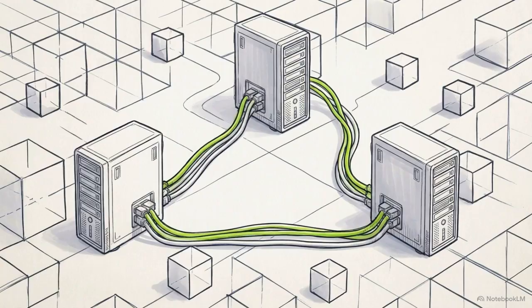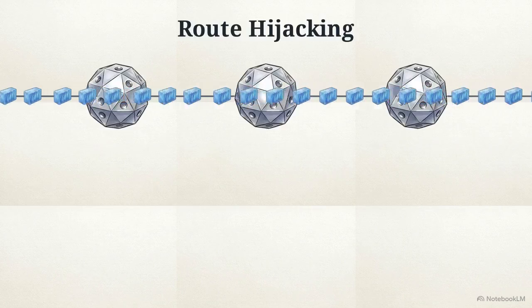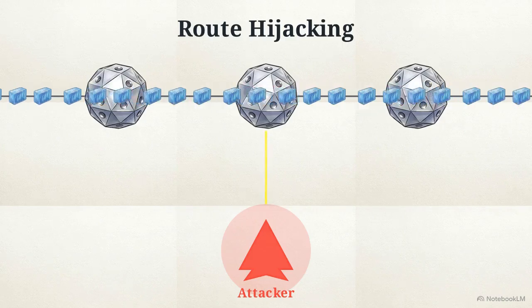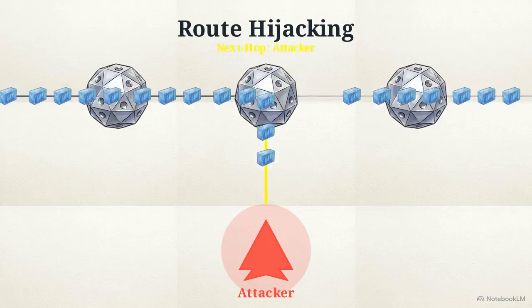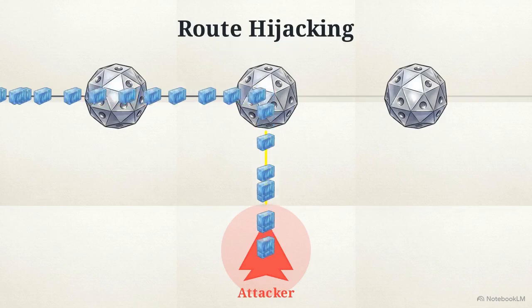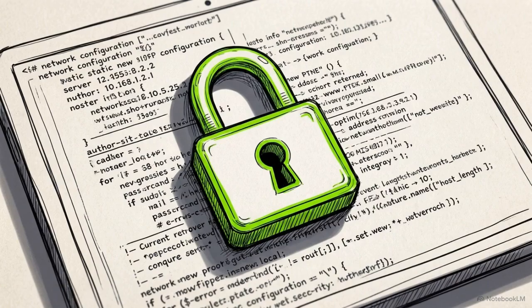But because this entire architecture relies on distributed trust, where every node trusts the path advertised by its neighbor, it introduces a critical security vulnerability. This trust can be exploited through route hijacking. An attacker falsely advertises an optimal network path, causing surrounding nodes to update their next hop logic and divert the data stream directly toward the attacker's systems. As infrastructure migrates to software-defined models, securing this underlying routing logic is just as critical to the network as securing the application code itself.